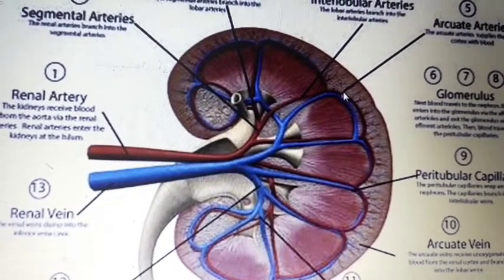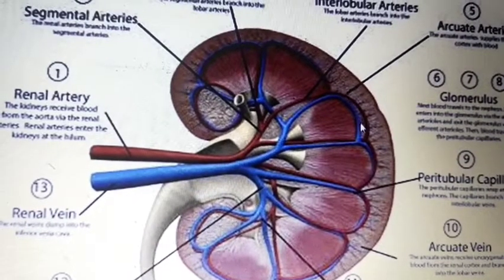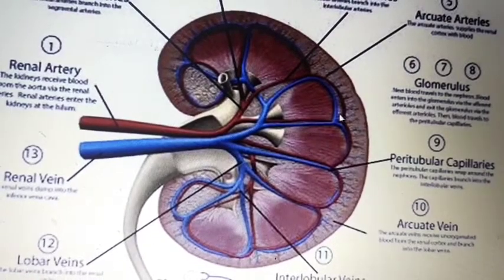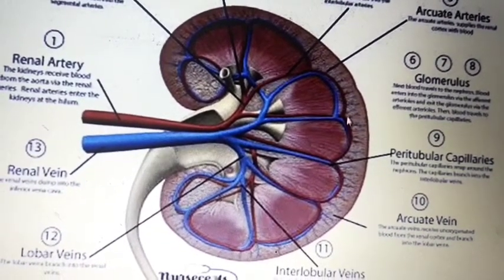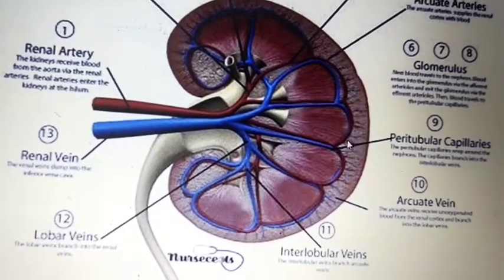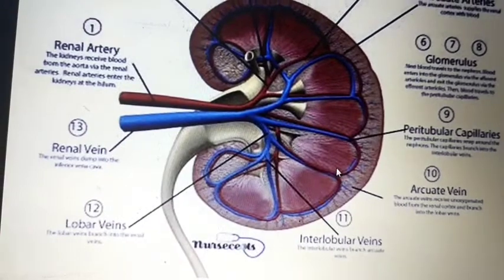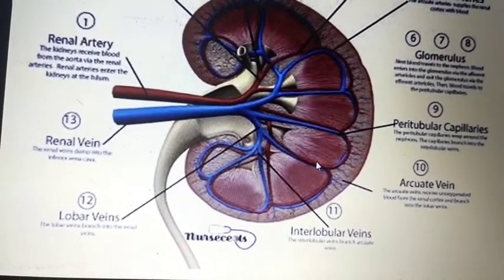You can see here it is bending like an arch. That artery is called the arcuate artery. These arcuate arteries further give branches to the glomerular arteries. Then the peritubular capillaries. This is the peritubular capillaries, and the peritubular capillaries further join together and form the